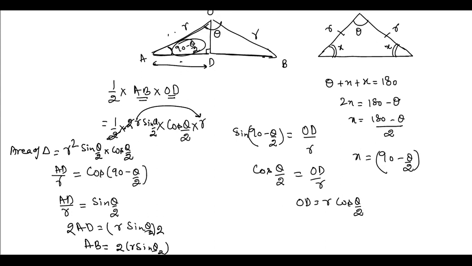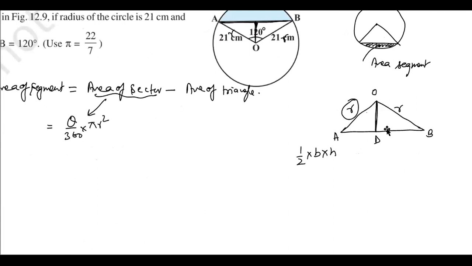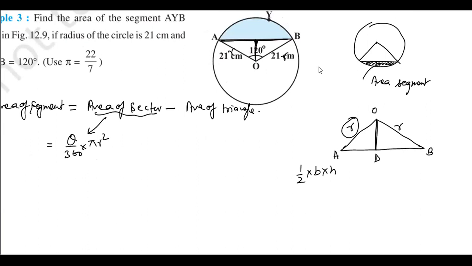So now we have just calculated the value of the triangle. If we have a sector like this and we need to find the area of the segment, whenever we are given an angle, we can calculate it. The area of the triangle would be R square sin theta by 2 into cos theta by 2. The value of theta is actually 120 here, so you can write 120 upon 360 into pi.